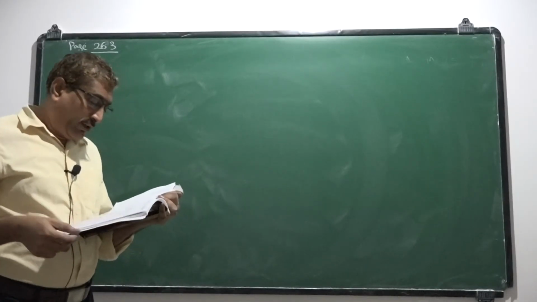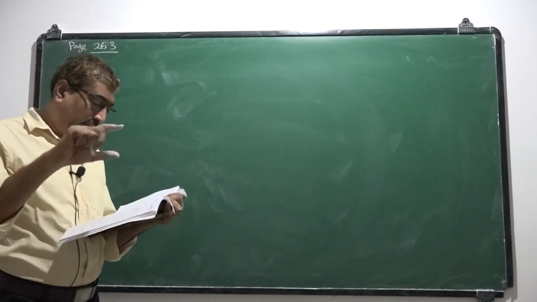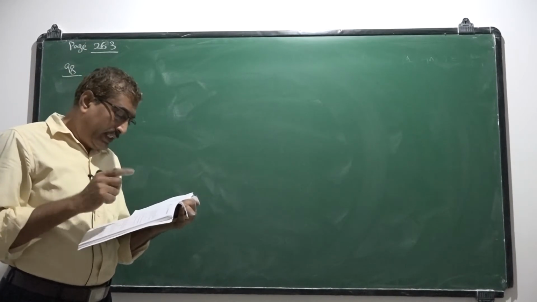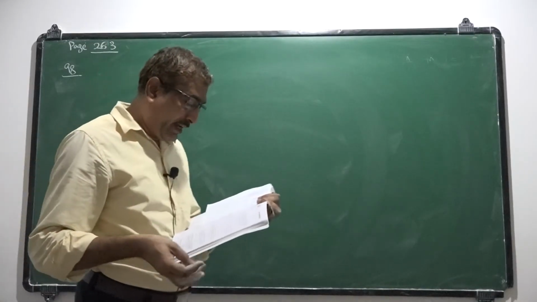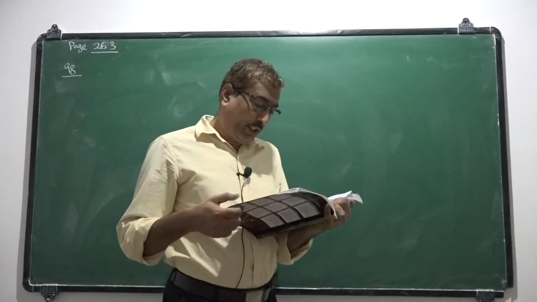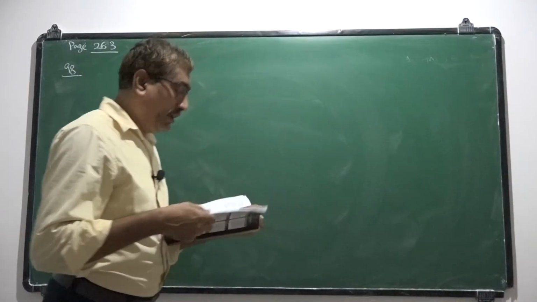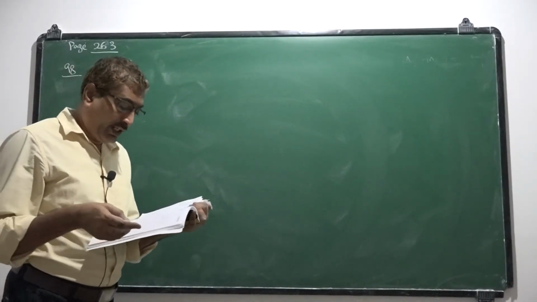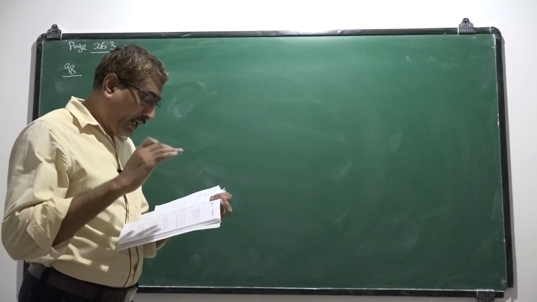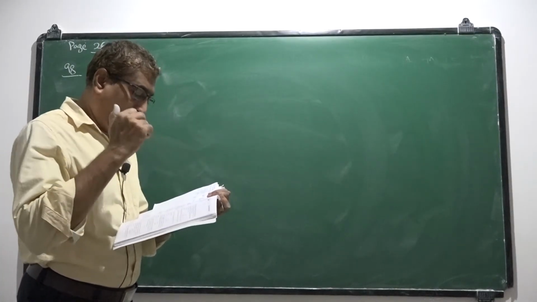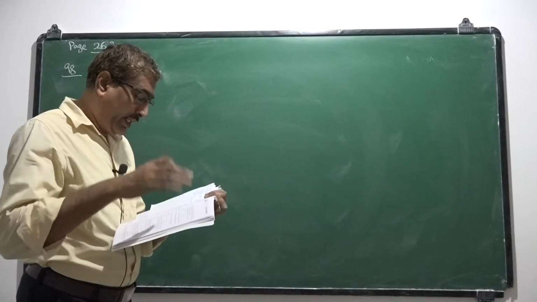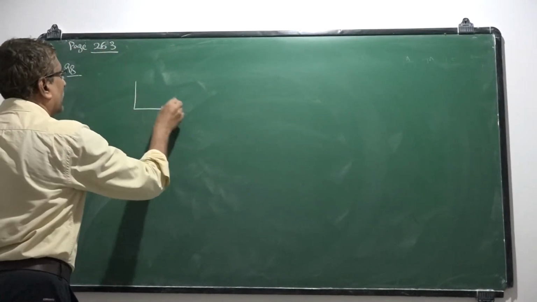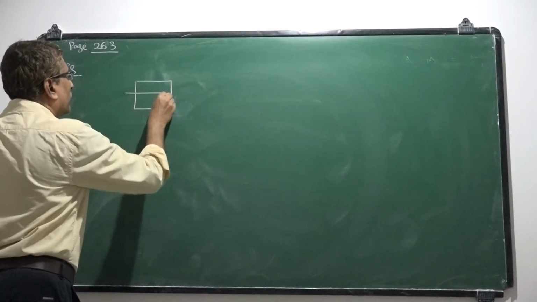A cube of side 20 centimeter is floating on a liquid with 5 centimeter of the cube outside the liquid. If the density of the liquid is 0.8 gram per cc, then the mass of the cube is, okay. The question is, a cube of side 20 centimeter is floating on a liquid with 5 centimeter of the cube outside the liquid. If the density of the liquid is 0.8 gram per cc, then the mass of the cube is. That means consider a cube like this,